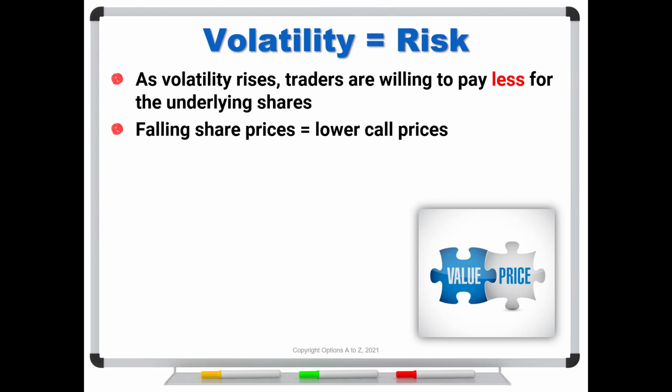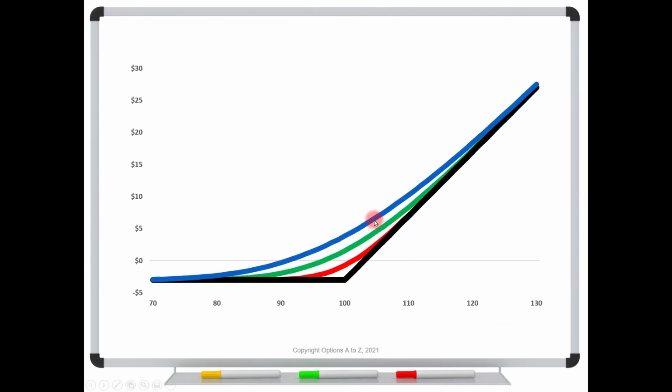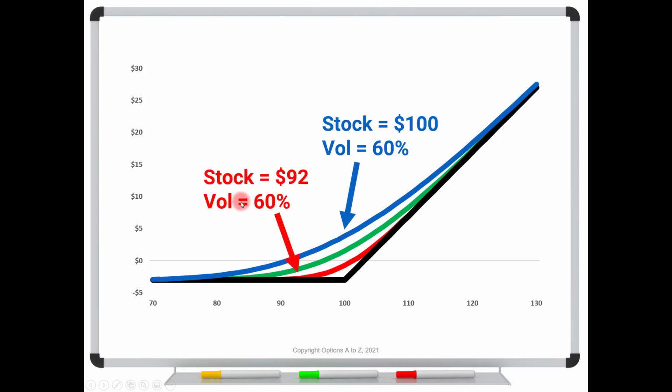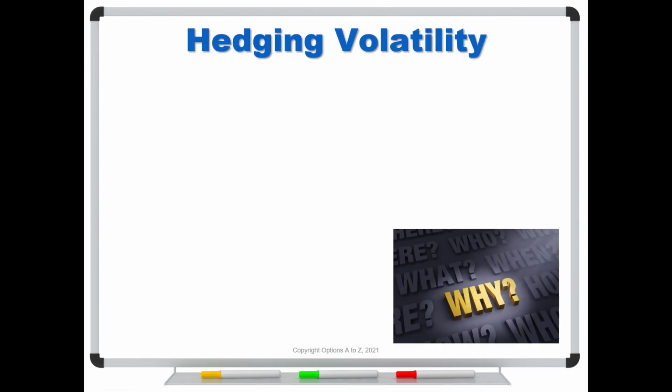So we've got a little bit of a tug of war going here. Increased volatility says call prices are going higher, but investors are saying, ooh, things are getting more volatile. Let me bid down the price of these shares. And that's having a downward pressure on the call prices. So if we go back to our call option here in blue, priced at 60% volatility, right there, yeah, we might get this price up near $5. But I can hold volatility constant at 60%, push the stock price down to 92, and we're right back to pretty much the same starting point. So you can see that it becomes a tug of war. And this is why you have to be so careful when you are hedging volatility.